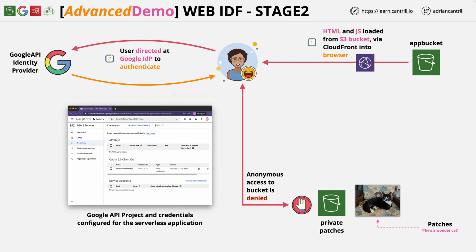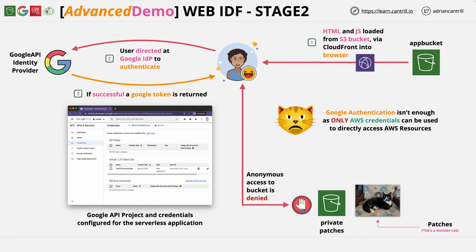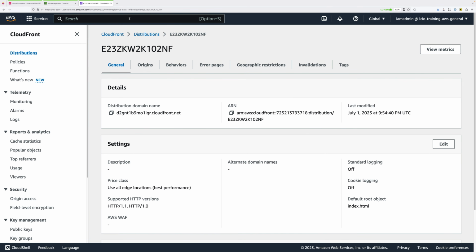By the end of this stage, you'll have this running, but, and it's crucial to keep this in mind constantly, this token cannot be used to interact with AWS resources. That's what you're going to be fixing in stage 3. So let's get started implementing this, and for that we're going to need to move back to our desktop. Now at this point I would recommend using the text-based instructions for this demo series, and this is linked to every video for this demo series, so go ahead and open that now.